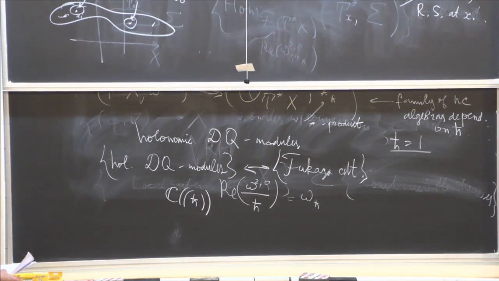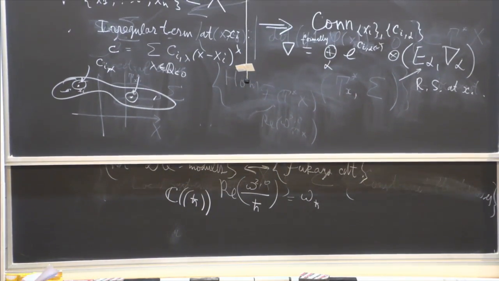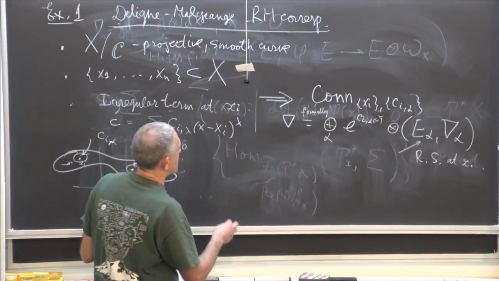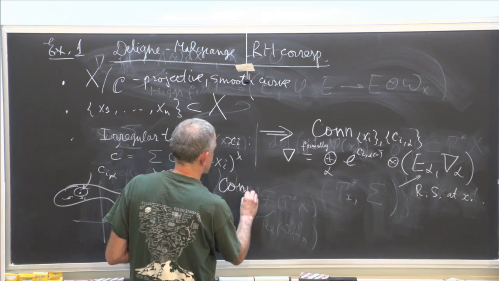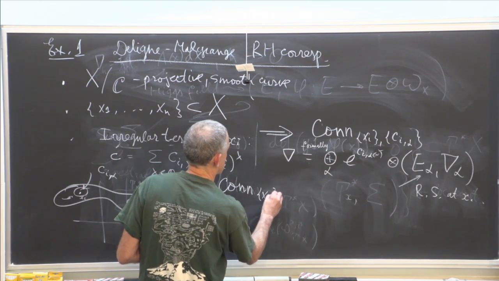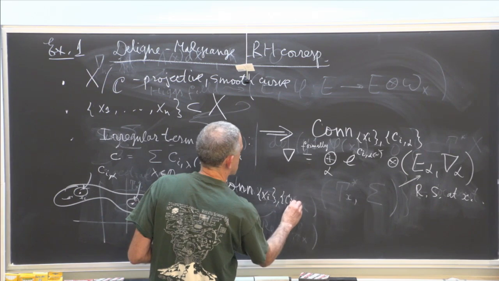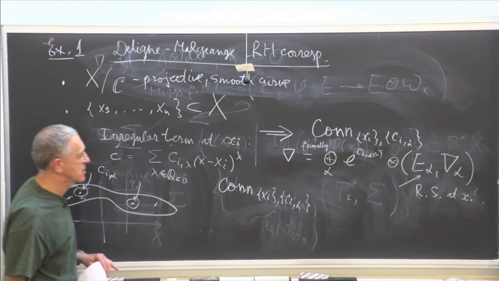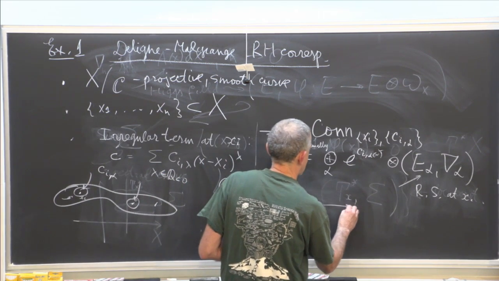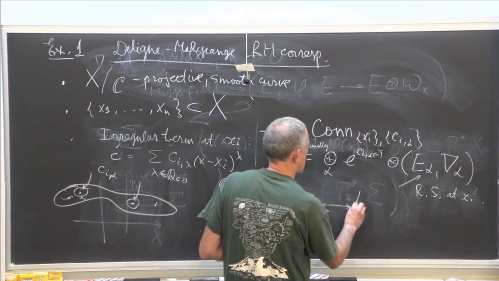It's part of Pierre's lecture, but let me recall it. This is what we have on the de Rham side, and on the Betti side we have